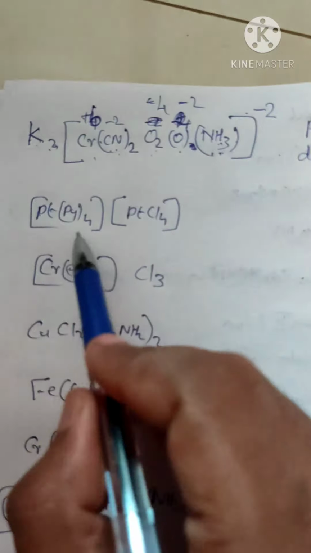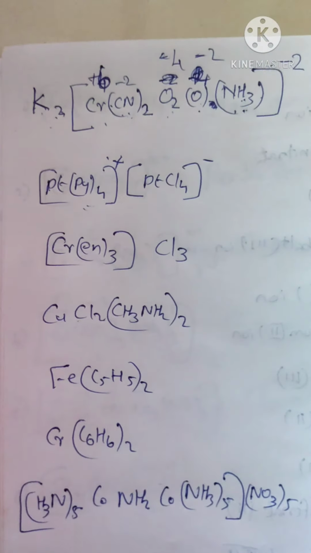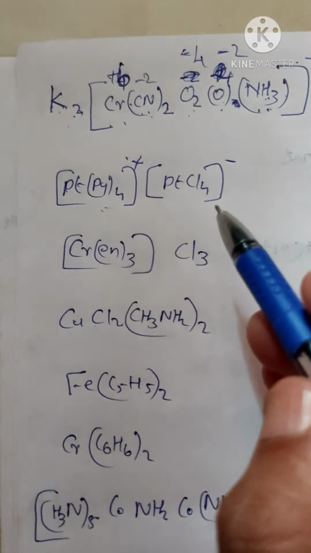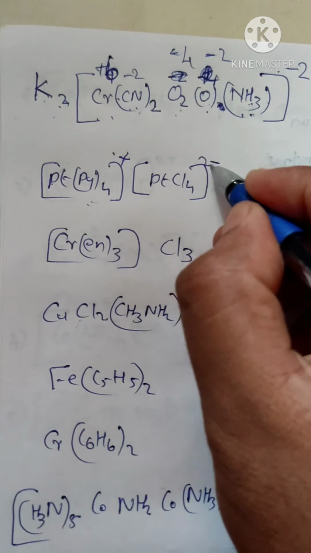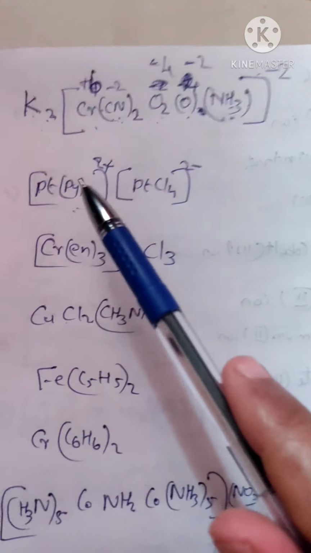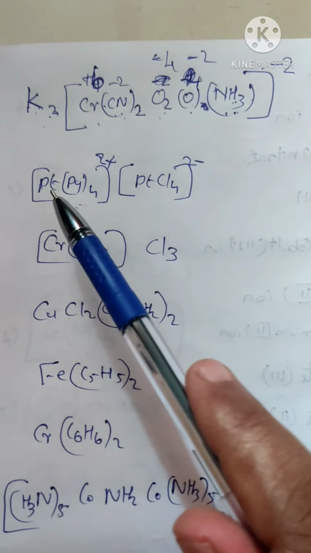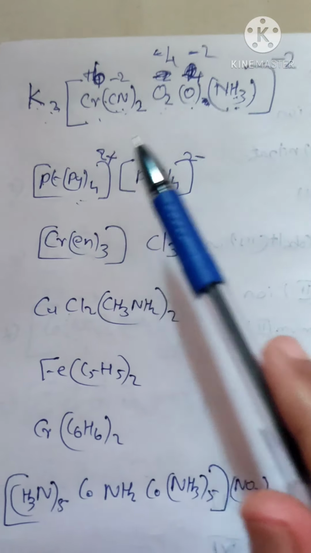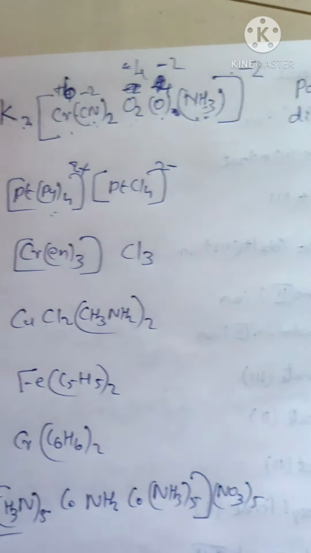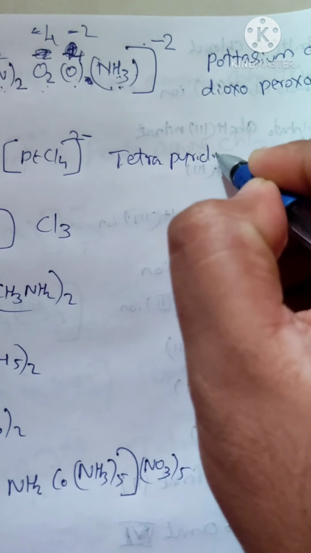Next, in this complex we have a cationic part, platinum, and then an anionic part also platinum. For the charge of the cationic and anionic parts, we know platinum will be in +2 oxidation state, so this is 2-, then this should be 2+. So we will be having platinum. This ligand is called pyridine ligand. So tetrapyridine platinum 2. Then tetrachloroplatinate 2. So the name of the complex will be tetrapyridine platinum